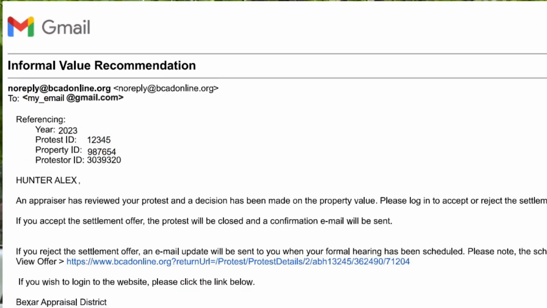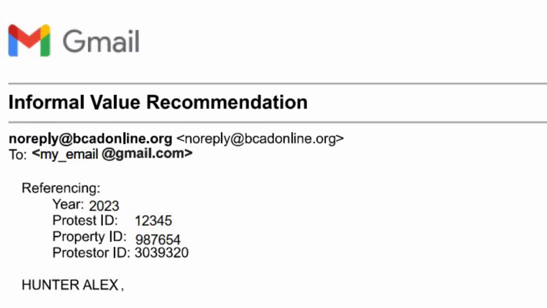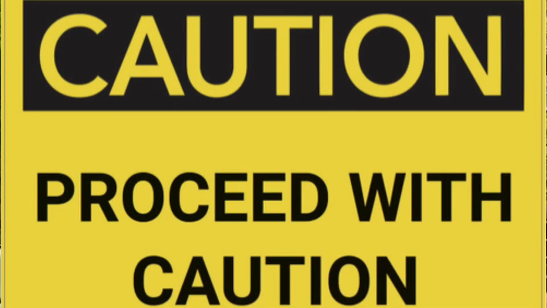Now, 15 to 25 days after you've submitted your online dispute, you should be receiving a response letting you know that they've reviewed your dispute and are offering you a settlement value. Don't accept this value unless you are comfortable with the number that they've given you. If you do, you're finished with minimal work. If you don't, understand that you cannot revert back to this number later on in the process if you don't like the new number that they give you.